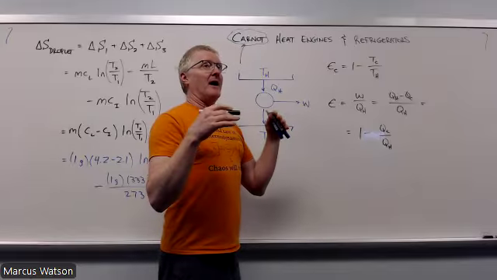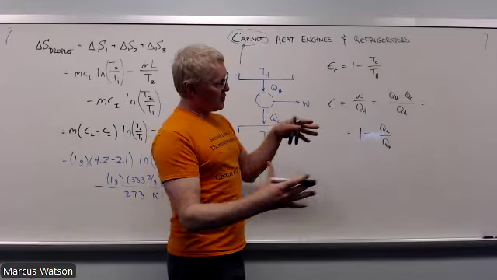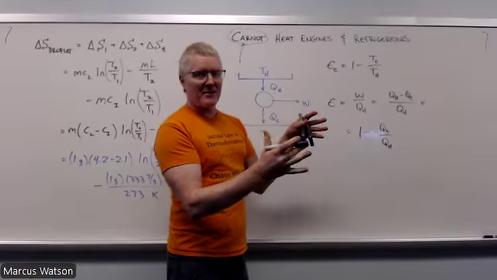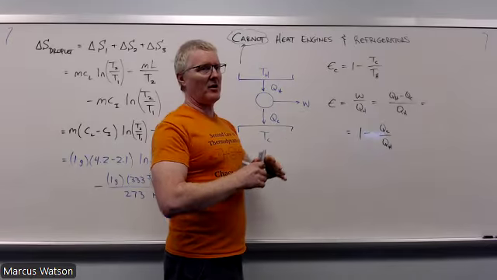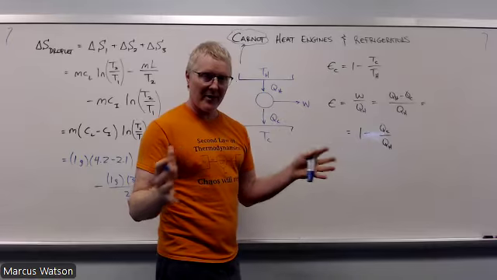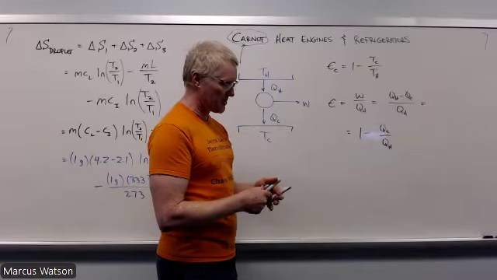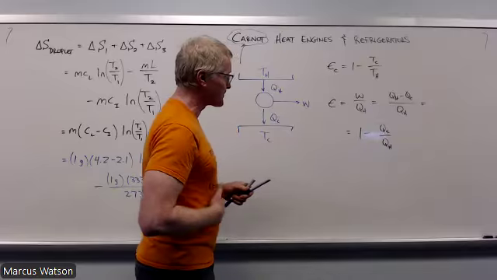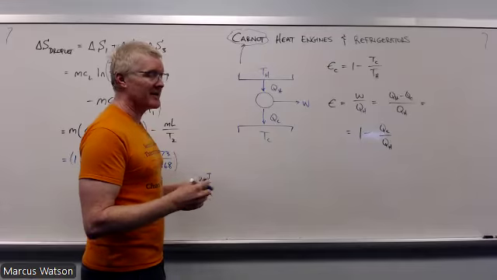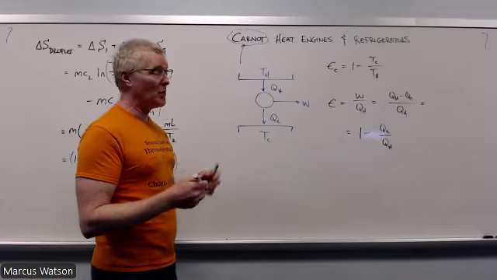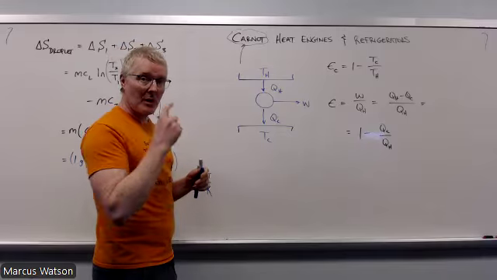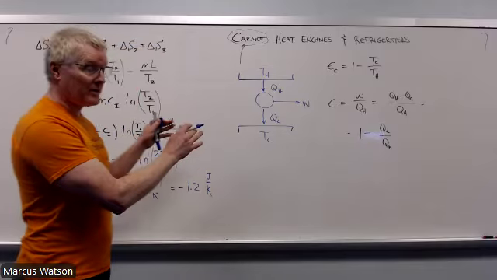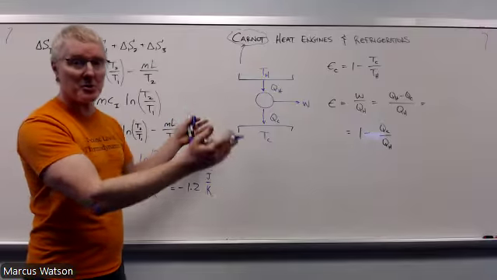Now, there's a lot of really cool reasoning and thinking that went into all of this, but ultimately we don't have time to explore that thread in great depth. So let me kind of cut to how this happens. I told you last time that we said that the Q over T's were equal. Here's what's going on. All right, now let's go back and take a look at this in terms of entropy, okay?